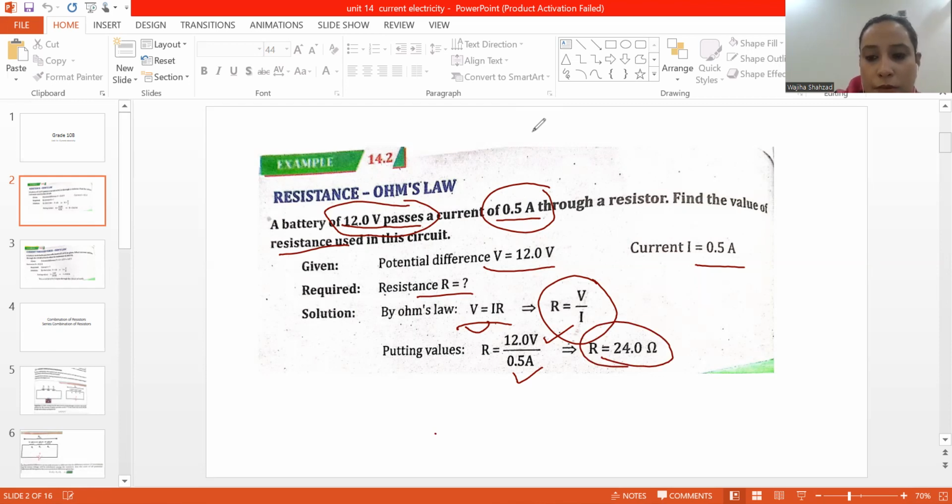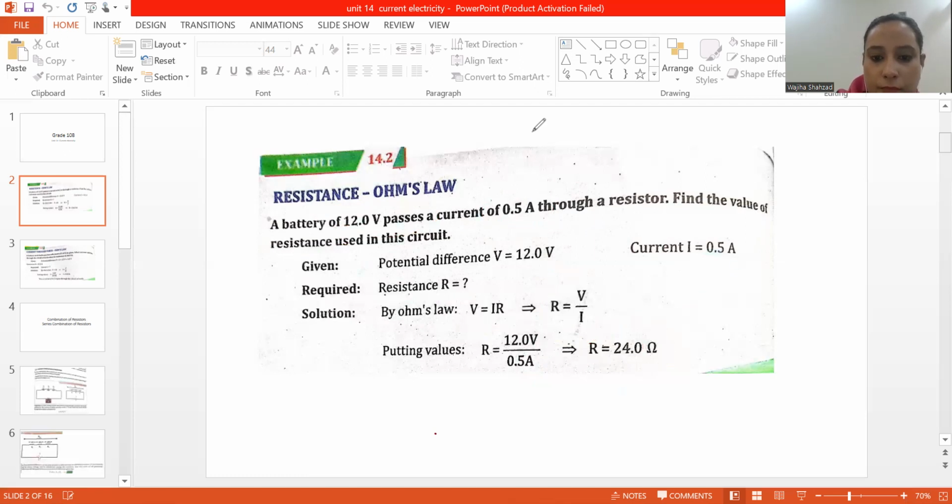This is the answer for resistance. And we know that the unit for resistance is ohm. So we put the symbol of ohm over here. You don't need to do this in your notebook. Just understand over here. Okay, the next slide is